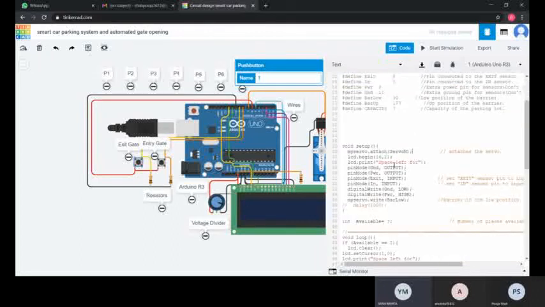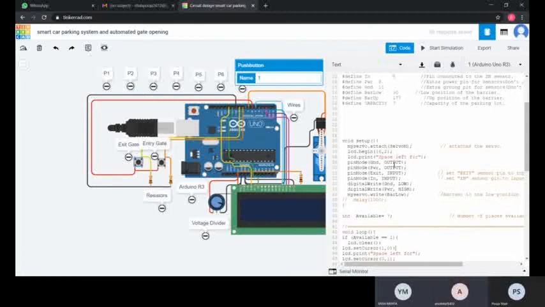Void setup is a function which contains my servo.attach(servo M). This is used to attach to the servo. Then we have pin modes given to each pin, like pinMode(ground, OUTPUT), pinMode(power, OUTPUT), pinMode(exit, INPUT), pinMode(in, INPUT). The exit and the in pins are used for the exit sensor input and the in sensor input. Then we have my servo.write(bar low). It is used to set the barrier in the low position.